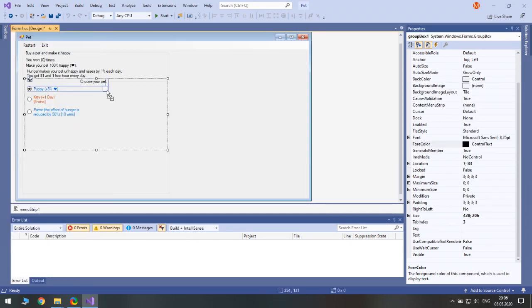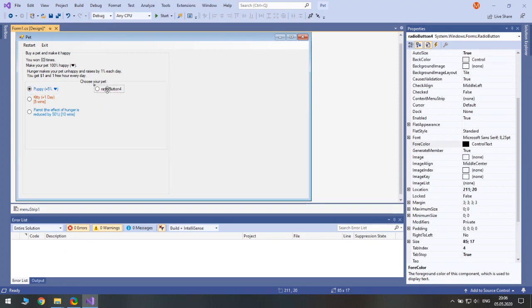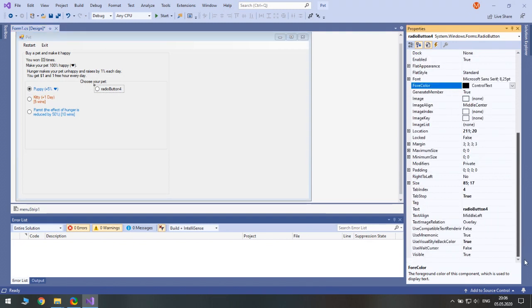Let's create some more pets. So another radio button. Okay. So this pet will be, who will it be? Hamster. And hamster will have an initial happiness bonus, like +10% happiness, and -1 day. Yeah.